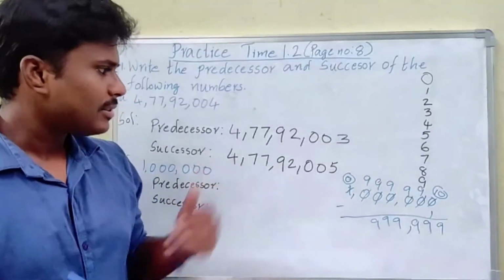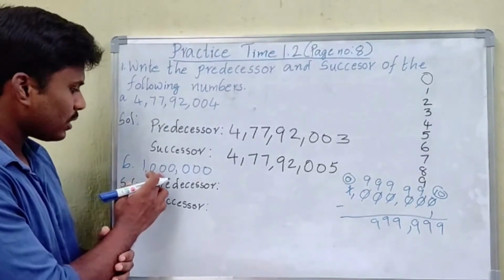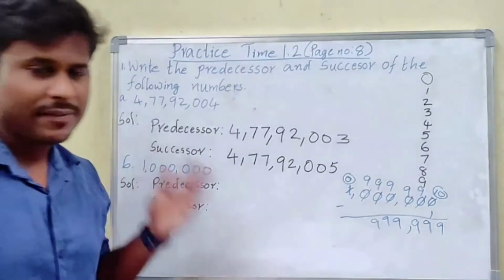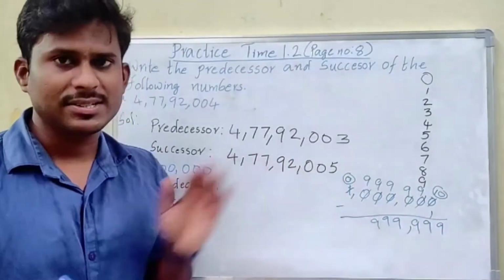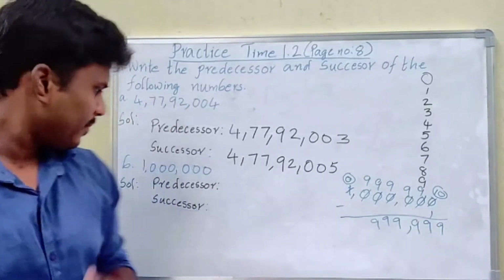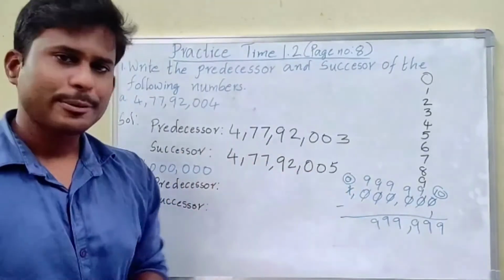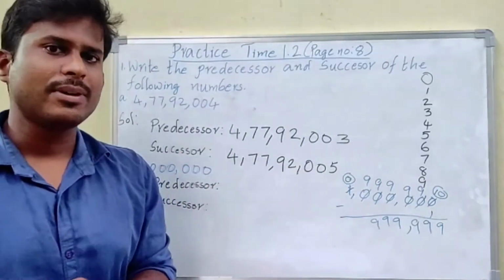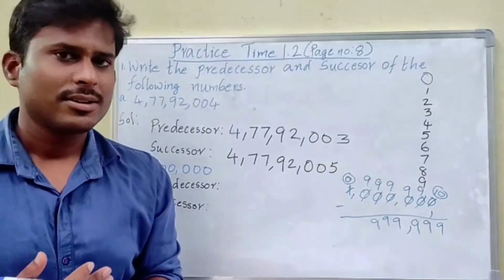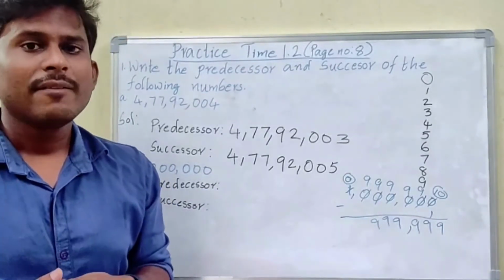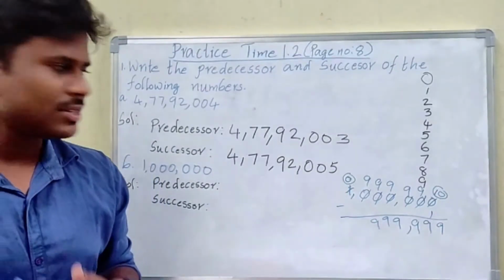So while subtracting like this we get this number. So look here, how many digits are there here? 1, 2, 3, 4, 5, 6, 7. 7 digits we have, and if we subtract 1, that predecessor is giving us only 6 digits. If you remember, this is the smallest 7 digit number. Okay, now this is the greatest 6 digit number. We already learned, when we add 1 to the greatest 6 digit number, we will get the smallest 7 digit number. Or else when we subtract 1 from the smallest 7 digit number, we will get the greatest 6 digit number in the same way.